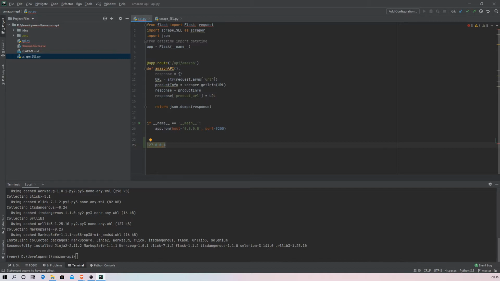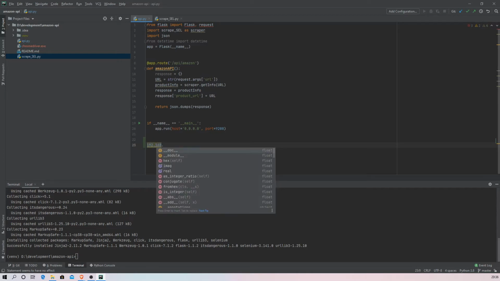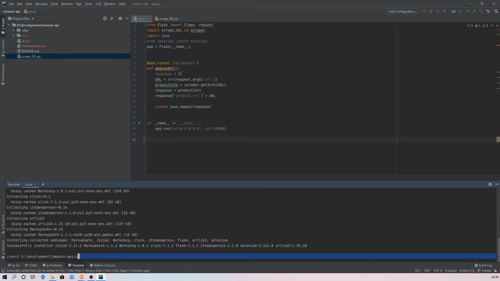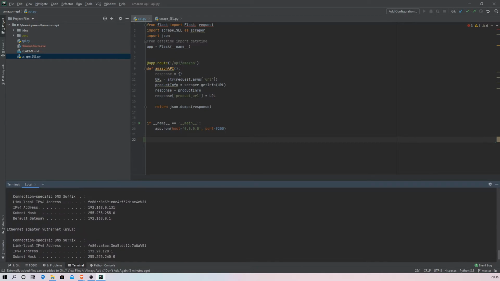But if I want to use my phone and access the API from my phone, which is not a part of this PC, even if you're using an emulator, you'll still need to run it on the local IP. The local IP is usually in the format 192.168. In some cases the last numbers can be anything. In my case it's 0, my previous router had 1, my friend's router has 29 here, so it depends on which router you have. To find your IP address, run ipconfig in the terminal.